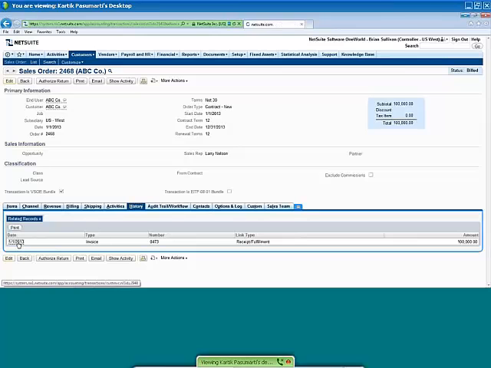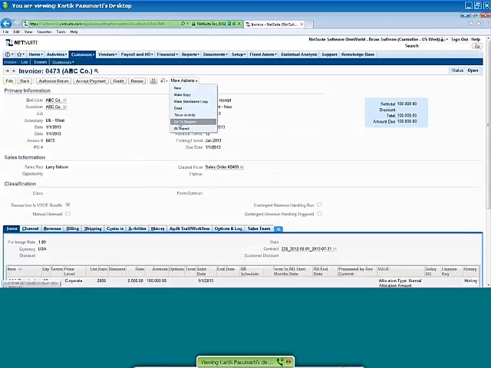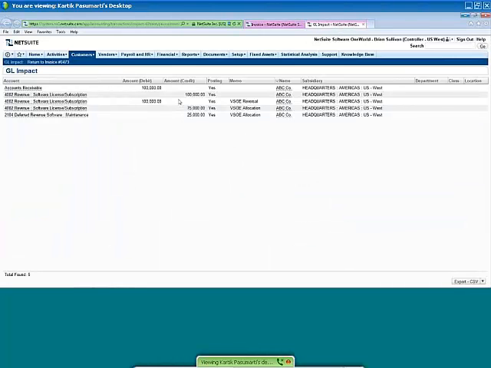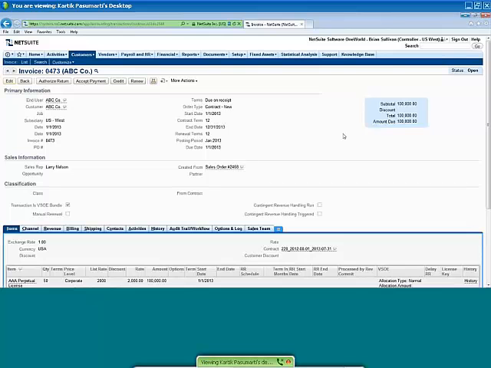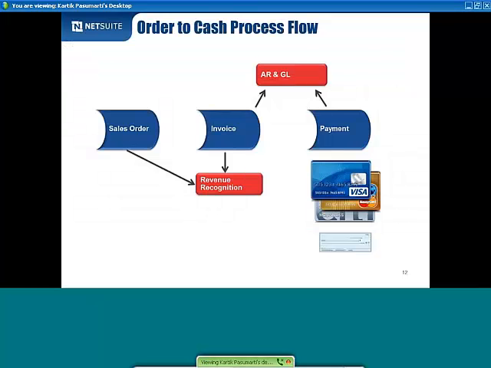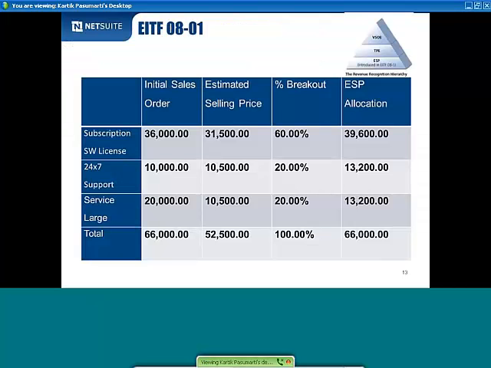So if I go to the invoice of that order, 2468, and see the GL impact, you'll notice that 100,000 was sent to revenue, and then you'll see the audit trail where 75,000 is going to revenue and 25,000 is deferred revenue, and you'll see the VSOE reversal and allocation. So that's number one. The second example I want to talk about on a slide here